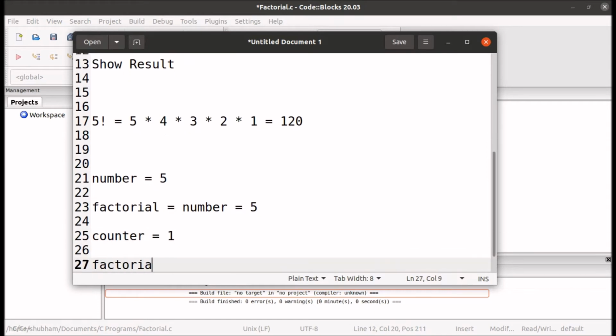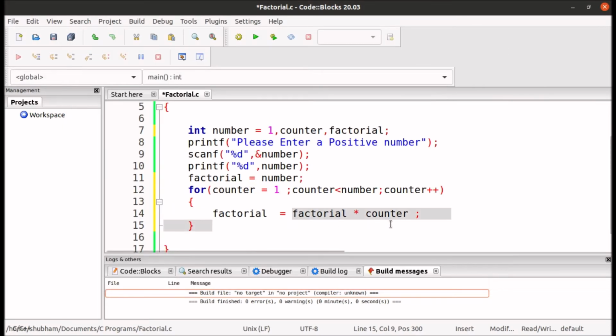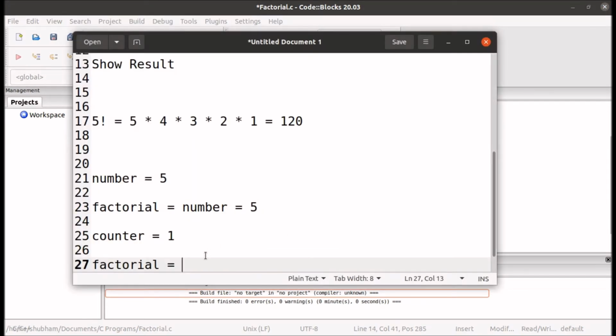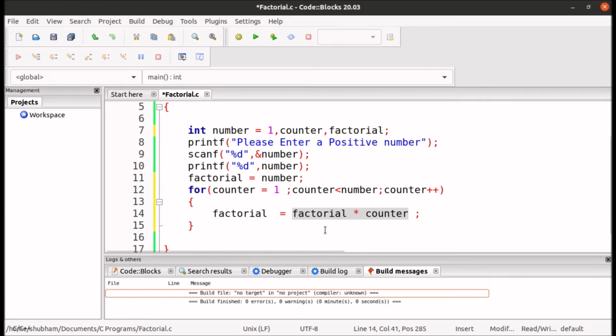Factorial is equal to factorial multiplied by counter. So 5 multiplied by 1, which is equal to 5. Then the value of counter will be increased, so the value of counter will become 2, and it will check is 2 less than number. So 2 is less than 5 is true, so again this line will be executed.